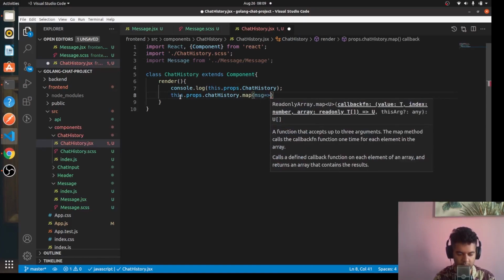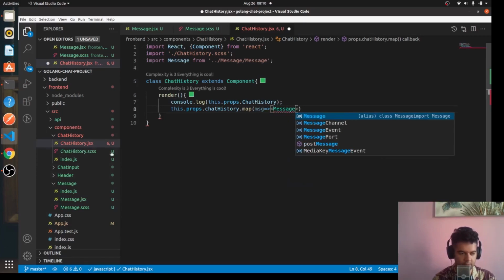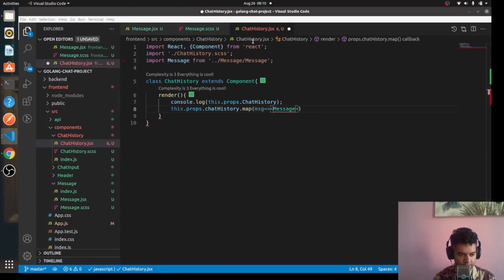So we'll use the message component, give it a key,